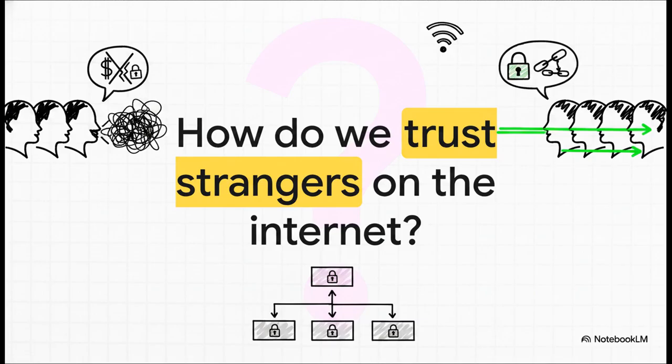Okay, let's dive into this. How do we actually trust strangers on the internet? Think back to that childhood game of telephone or whispers. One person whispers a message to the next, and by the time it reaches the end of the line, the original message is completely distorted or lost. Well, in the digital age, when we're dealing with our hard-earned money and sensitive personal data, that kind of distortion can be absolutely disastrous. We desperately need a way to ensure the message or the transaction remains exactly the same, no matter how many hands it passes through.